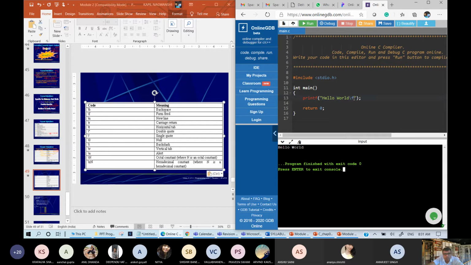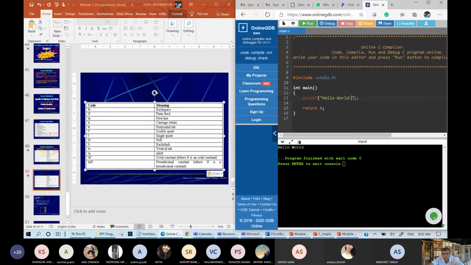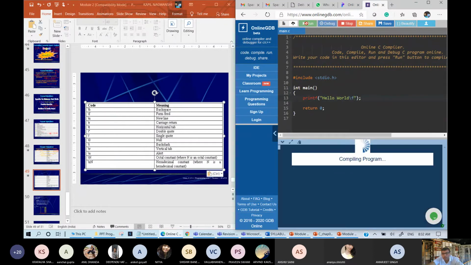Now come to \n, you know very well. \r is carriage return. This is also a special character and I don't think it will be displayed on this screen. Okay, no space. If I am using form feed \f, the space between these two lines is more. Let us see once again. Form feed, run.